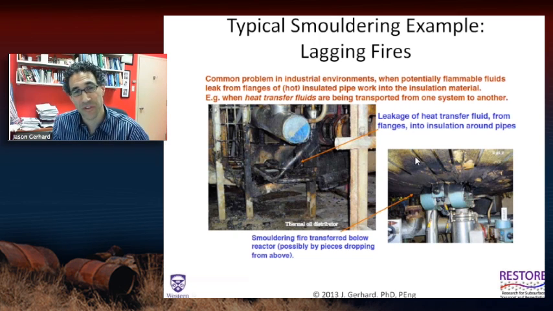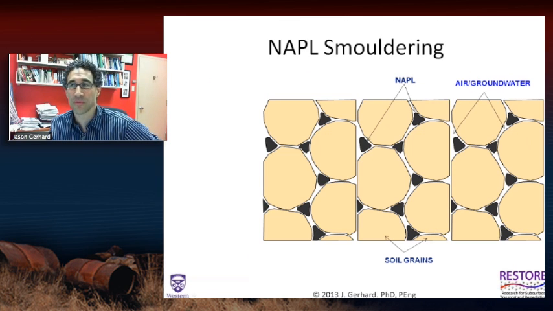So you have a porous material here, you have a liquid embedded in it, and you can see the effects of the smoldering fire traveling through the insulation. So that's the kind of thing that has been studied previously. Okay, now how does smoldering